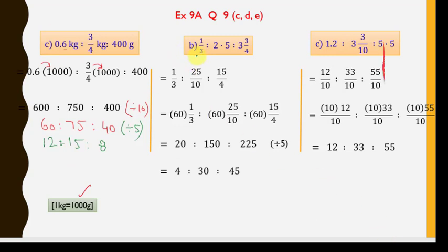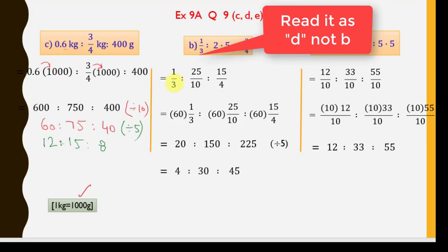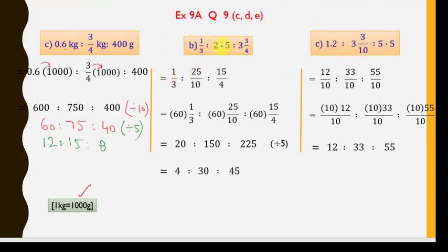Now we move on to the part B. 1/3, I have written it as it is, but I have removed the decimal and placed 1, and since after the decimal I have one digit, I placed 10 over here, and 3 multiply 4, we have 12, added 3 to it, and we have 15. So 15 by 4. Now we have all these values in fraction, and as you know, now we can take the LCM of denominators. We have 3, 10 and 4. We will take the LCM of all these values and the LCM will be 60.